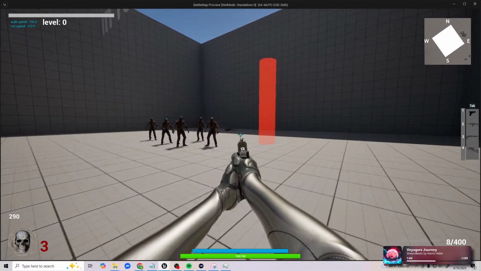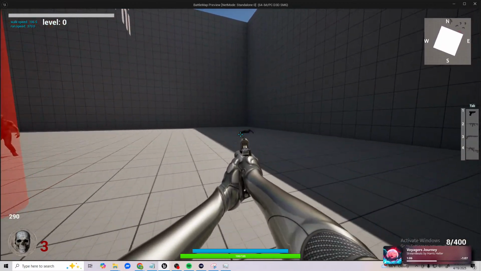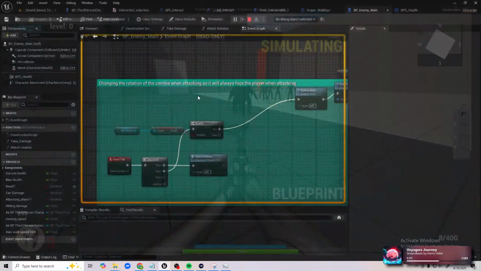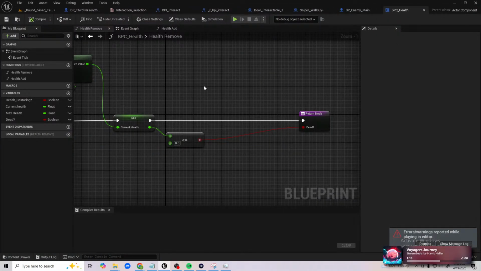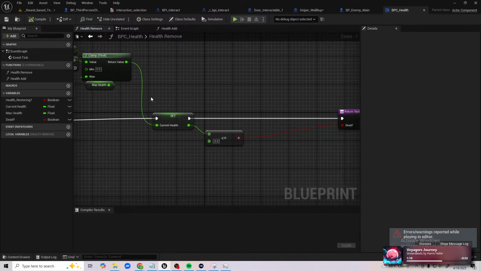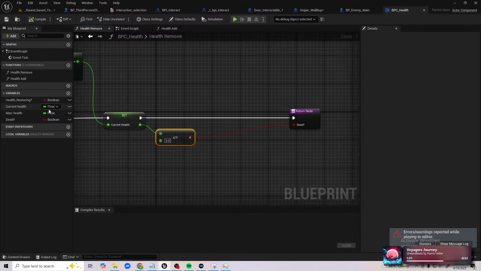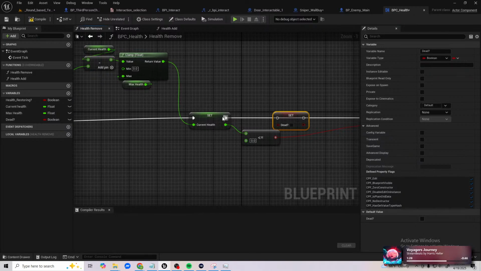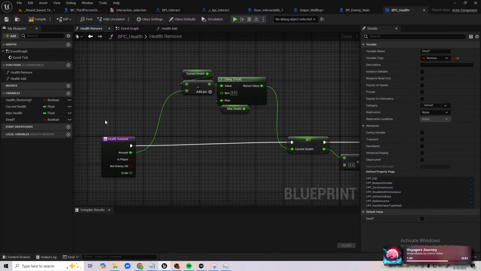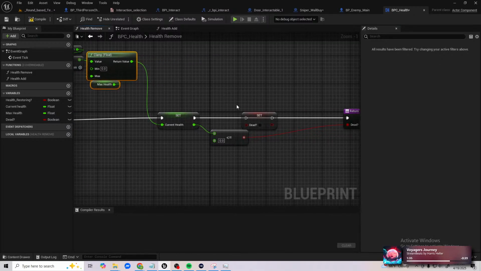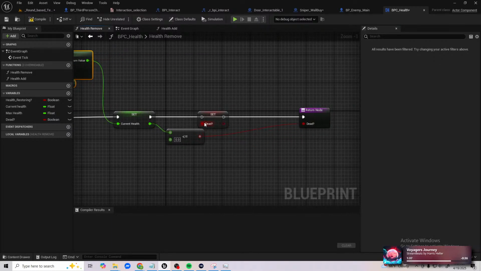Like, it's not sitting when they die. What the hell, man? So current health, this is dead. Set is dead. Health remove, current health minus however much we're sending through. And it's setting this. And we're asking